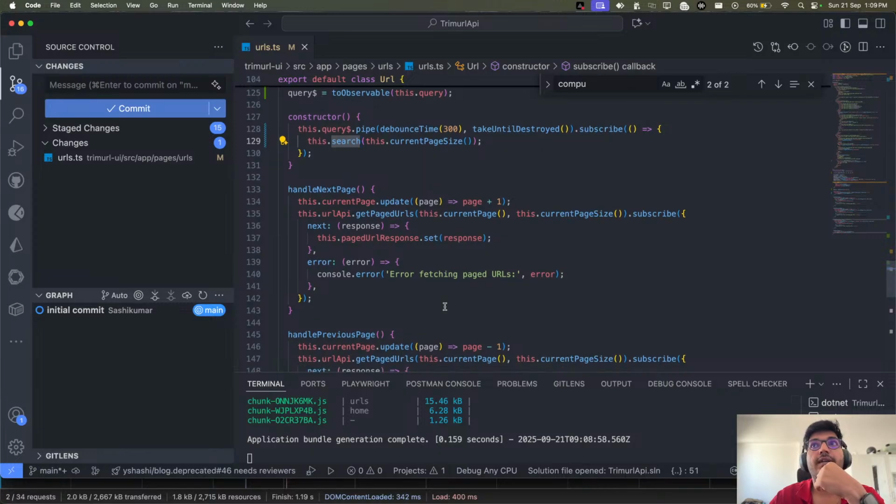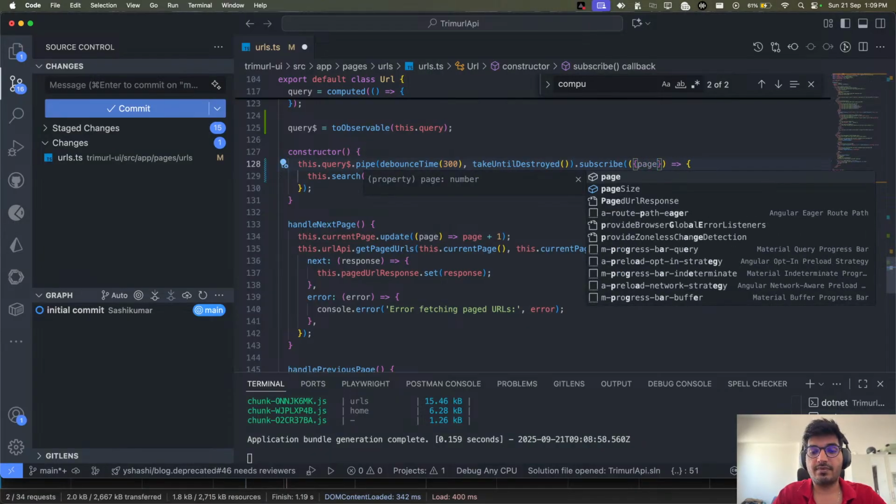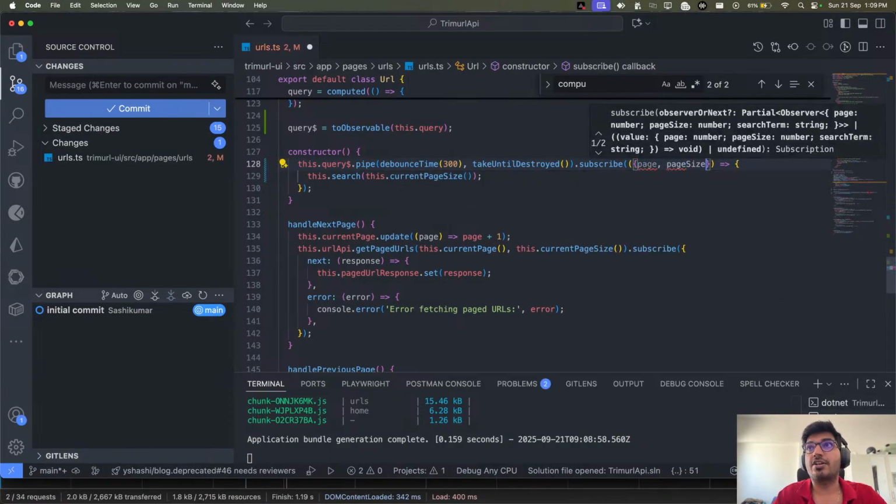Whenever anything changes, I now have a query, which means in the subscribe I can access page, page size, and search term. I'm just doing destructuring here.